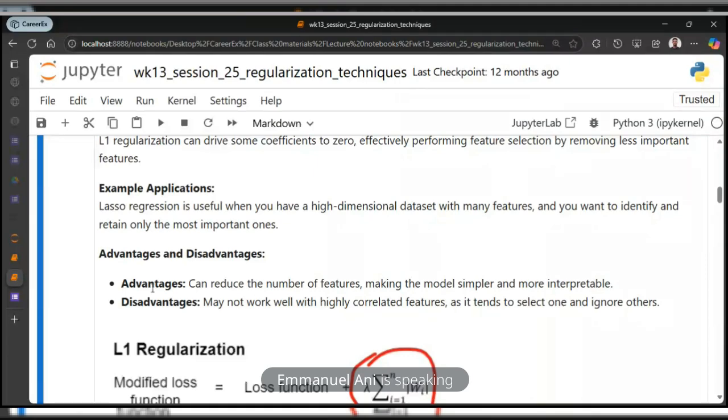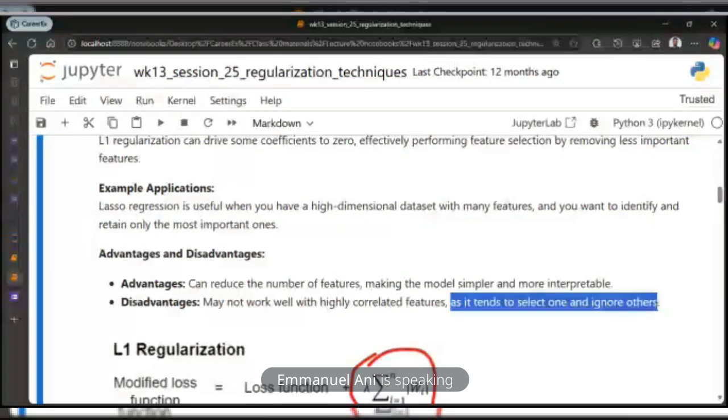But what we are looking at here is that L1 regularization may not work well with highly correlated features. So it doesn't perform well when you have correlated features. It doesn't know how to handle them, right? So those are just what we have here regarding L1. What you just need to take out from this is that L1 regularization